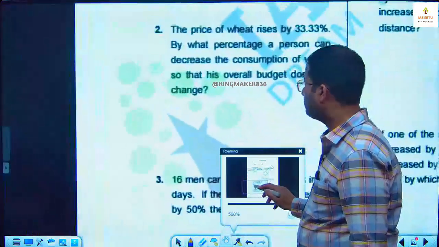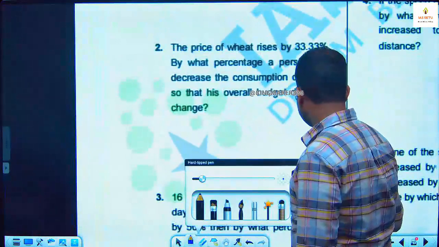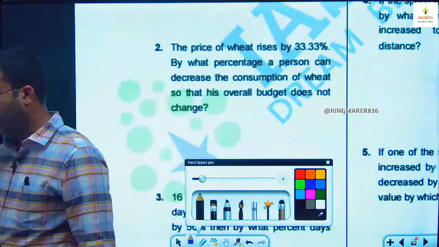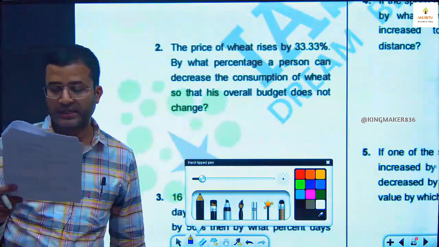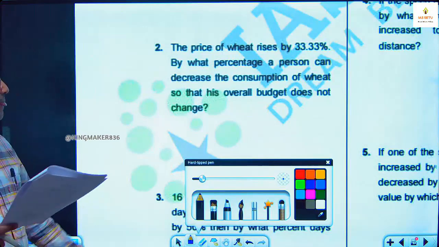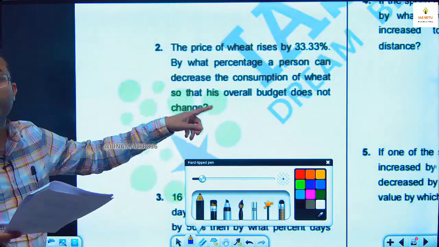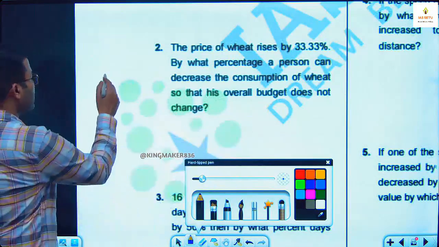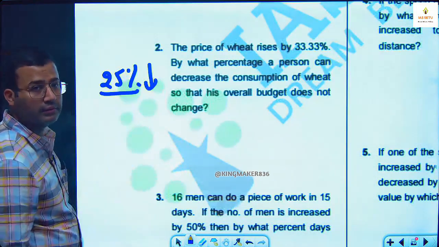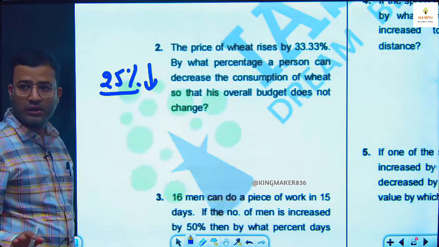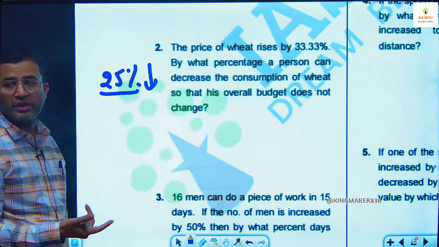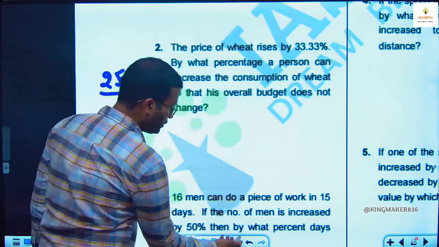Question number 2. The price of wheat rises by 33.33%. By what percentage a person can decrease the consumption of wheat so that his overall budget does not change? 33.33% increase compensated by 25% decrease. Direct question. Next class Monday I will discuss PYQ also. आप कहोगे अच्छा ये था, बिल्कुल सीधा 2 सेकंड में।